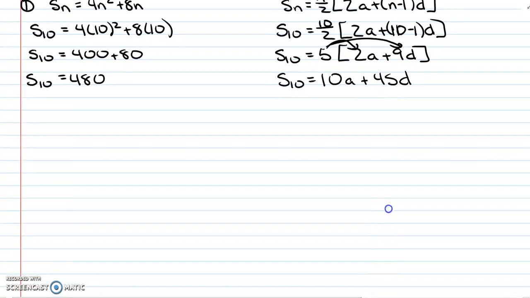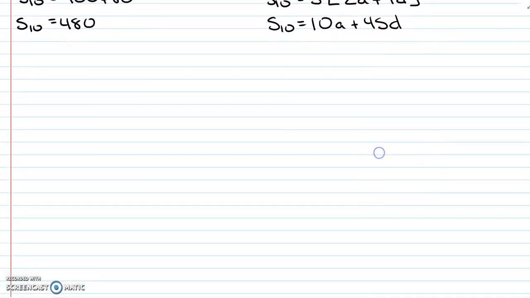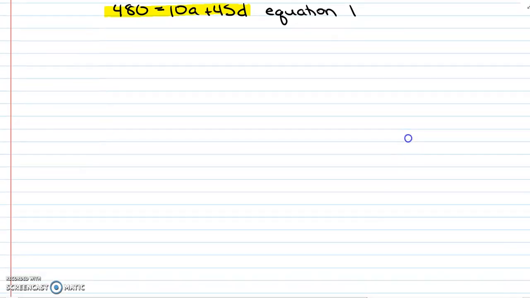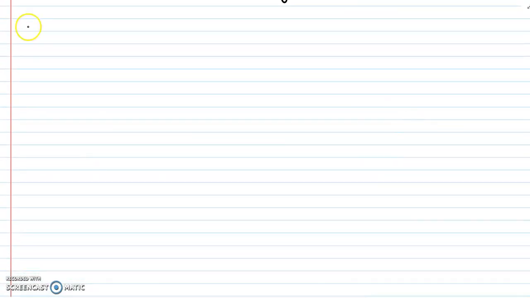So now we have two expressions for the sum of 10, and we're going to set them equal to each other. So 480 is equal to 10a plus 45d. This here is going to be our equation number 1. Now, to make our second equation, we are going to follow the same steps. So for equation number 2,